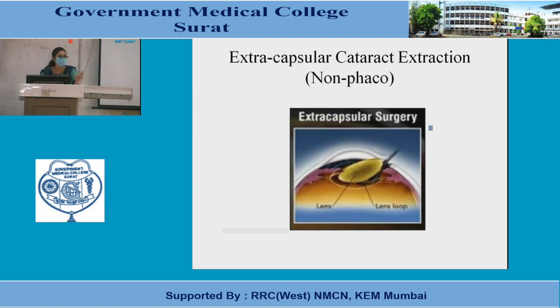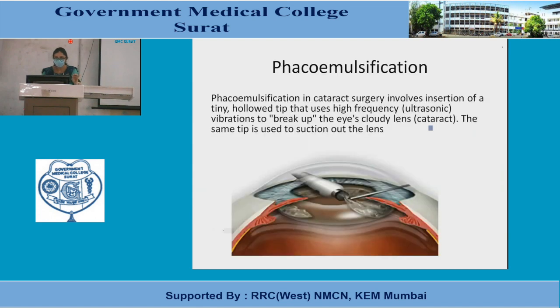Because what is the diameter of the lens? If you correlate with your anatomy, it is 9 millimeters in diameter. So at least you require that much of an opening to prolapse the nucleus out. When you are doing it with a phaco, you are breaking the nucleus, so it requires a small incision. So again, as I told, you are engaging your nucleus, breaking it into small parts, and this particular phaco tip will aspirate the nucleus, and later on you do the same thing, you do the cortical wash.